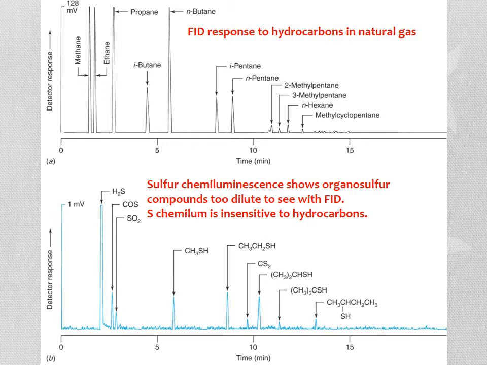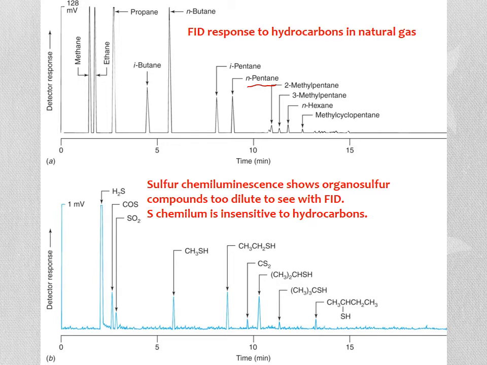So in the comparison of these different detectors, here's a sample of natural gas. What you see is that on the top, you have the flame ionization detector, and you're getting peaks every time you get one of the hydrocarbons eluting. So methane, ethane, propane, etc. And some of these have branching, right? So you've got isopentane versus n-pentane. And that long linear one has more spread and therefore can glom on to the stationary phase and stay there longer. But if you switch to a sulfur chemiluminescence detector on the bottom, it's only going to show these organosulfur